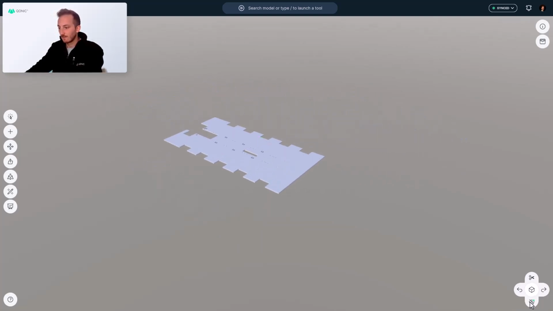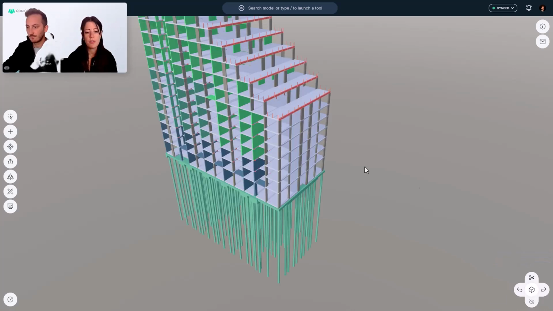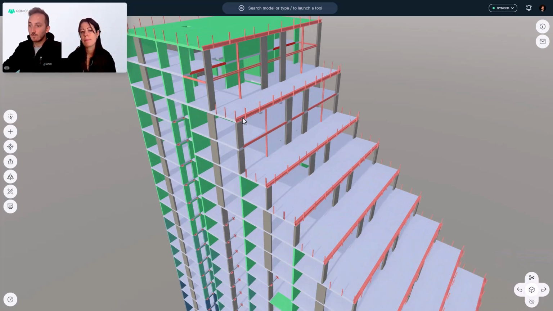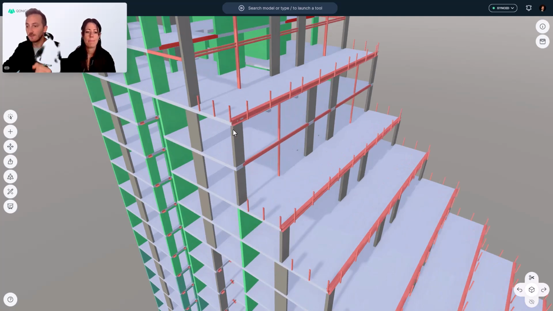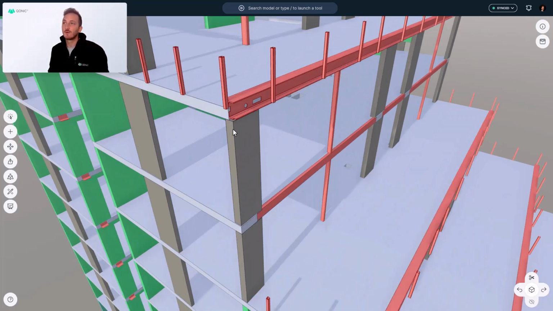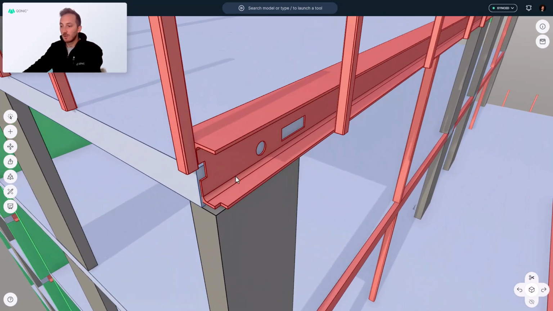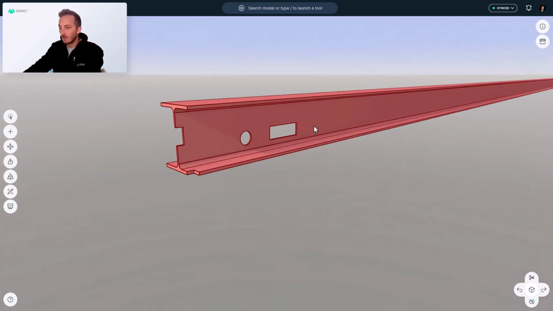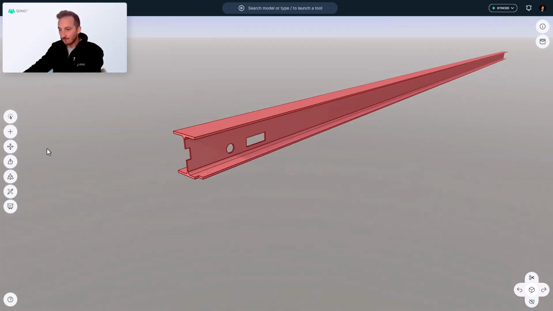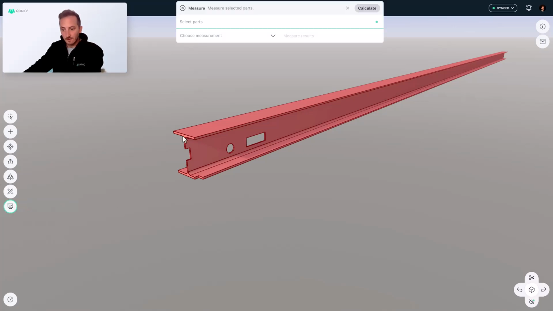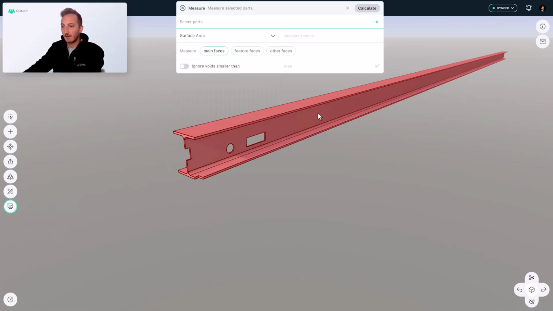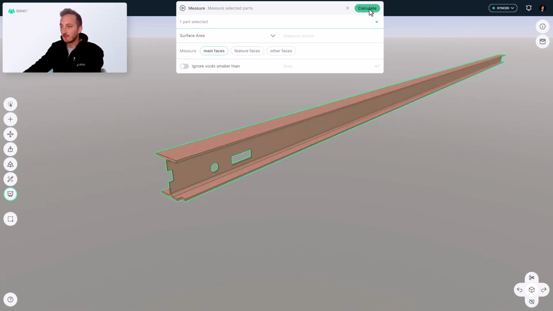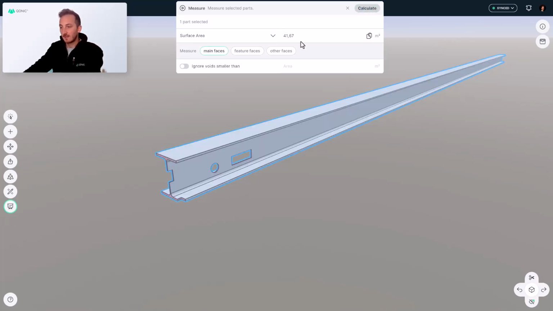Okay, and we also have the surface area. Where can we use this for? Yeah, so we've added a surface area calculator, which can be useful, for instance, if you want to know the surface area of, let's say, a beam, to know how much paint you will need to paint over this entire beam. So I will focus on this one beam to give you a clear example of what this surface area does. So let me measure the surface area of this beam here without playing with the settings, and I get a total area of